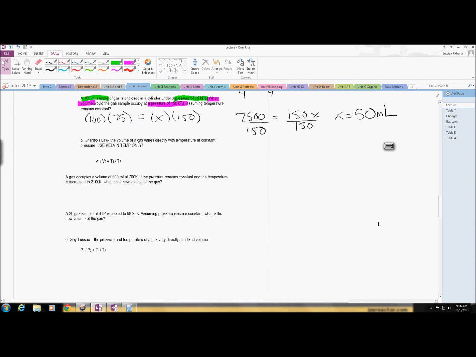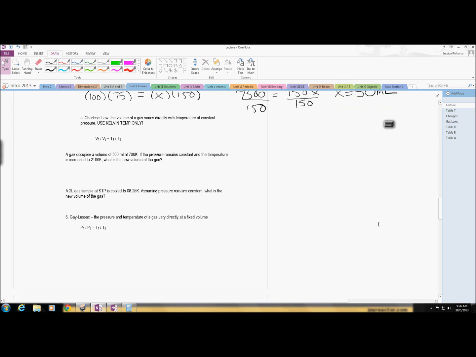Charles's law is going to be the relationship between the temperature and volume of a gas. If you've ever played with helium-filled balloons, you've seen this. So if you grab a helium-filled balloon in the winter, it's not so obvious in the summer, but in the winter, if you buy a helium-filled balloon at the store, it's nice and warm in the store, and the balloon's pretty full. You take it outside to your car, and you put it in the back seat, and by the time